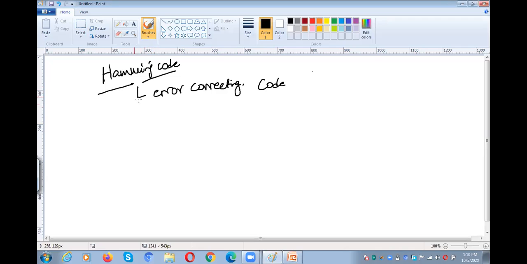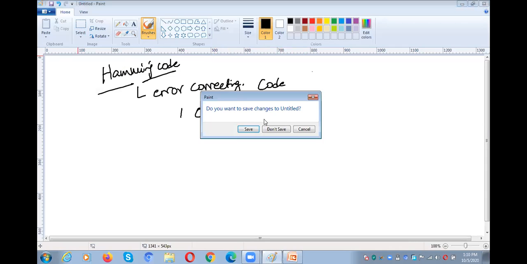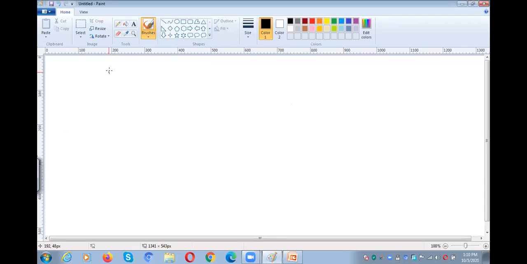So, for example, we need to take a data word like 1 0 0 1 1 1 0 0 0 1. For example, if it is a data word, what you have to do with the help of Hamming code. Remember this code. Maybe any code, not a problem. Might be 1 1 0 0 1 1 1 0 0 0 1. If it is a code, okay, this is a data word. How can we solve this problem using Hamming code? First we need to note down the numbers like this: